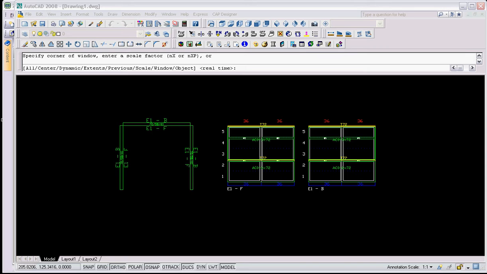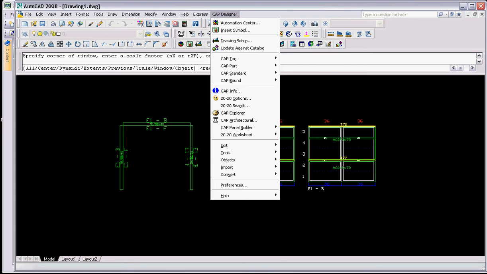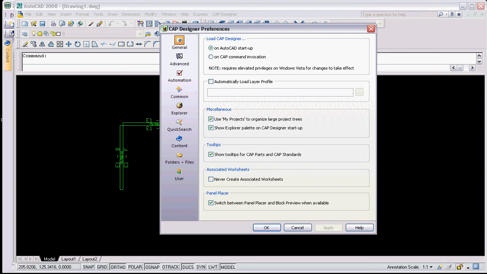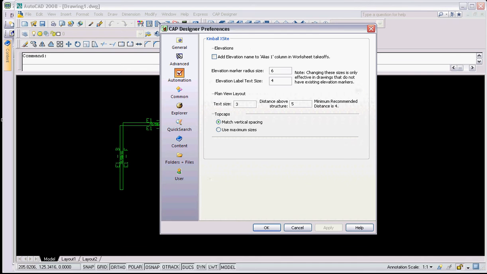First, with your elevations assigned in CAP, you would want to select your CAP Designer pull down and go to what's known as Preferences. When you're under Preferences, on the left-hand side of the CAP Designer screen, you'll select Automation. With Automation selected at the very top, make sure you have a check mark under Add Elevation Name to Alias